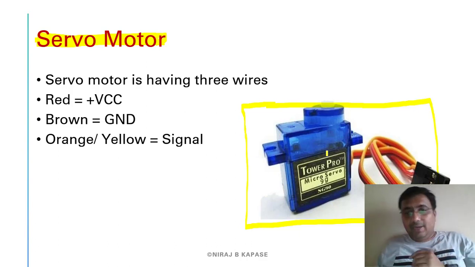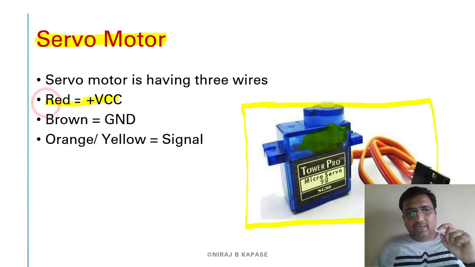It has a gear arrangement inside. Here is the gear assembly of a servo motor. That gear assembly is inside the servo motor. You can look at this. There is one microcontroller unit as well, and a small DC motor is available inside it. There are 3 wires for connections. These 3 wires are unique, and the color codings are fixed.